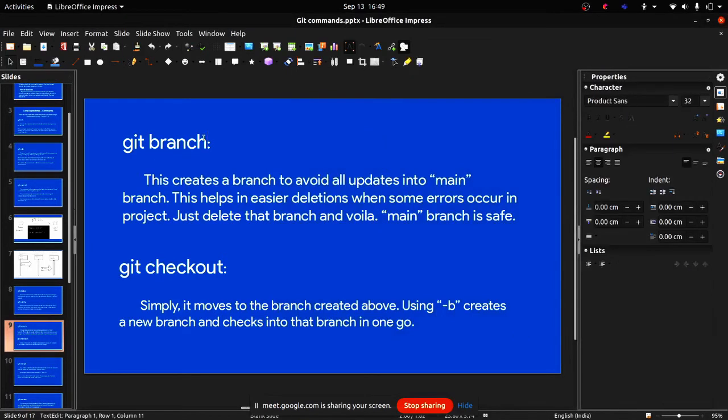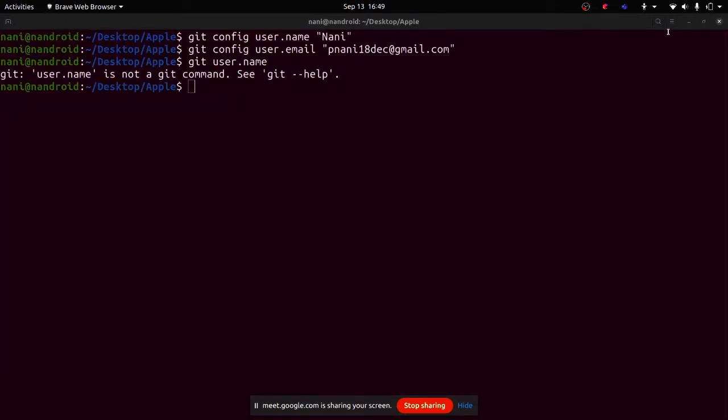So git branch. I think I have explained this, I mean, I told you what is the specialty of GitHub. It is nothing but something called forking, where you can copy the project from somebody else and do your own modifications and send it back to him so that he can update them. For this to happen, branching is one of the most important concepts. So what we basically do is we create branches.